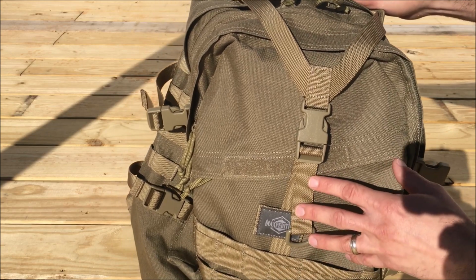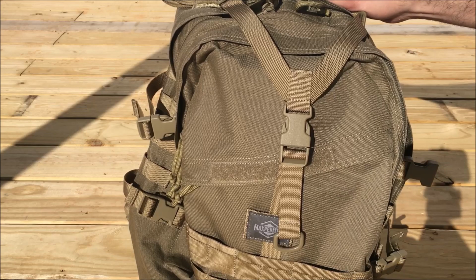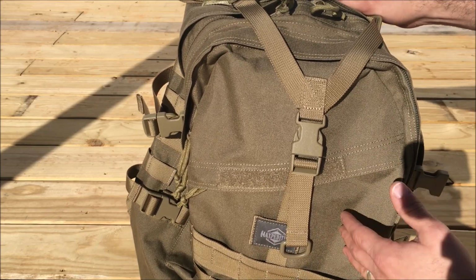Also, I believe the tan version right now is on sale for about $144, about $40 cheaper than the other colors. That's why I selected this one, because I believe it's a little bit higher value if you don't mind